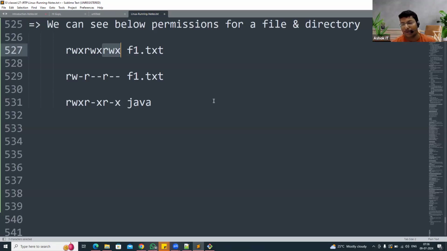So you need to understand the file permissions like this. Read, write, execute. Read means R, write means W, execute means X. The sections are three: user permissions, group permissions, others permissions. The first three characters will represent user permissions. The middle three characters will represent group permissions. The last three characters will represent others permissions. Are you able to follow me? Now, if you observe here,